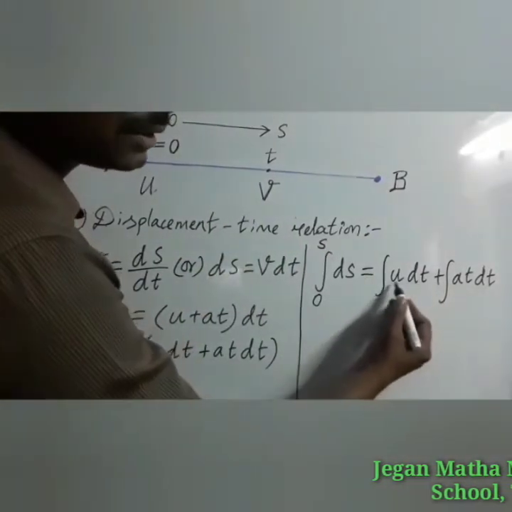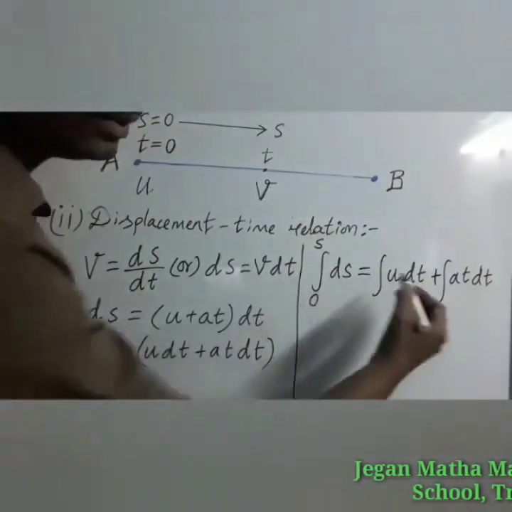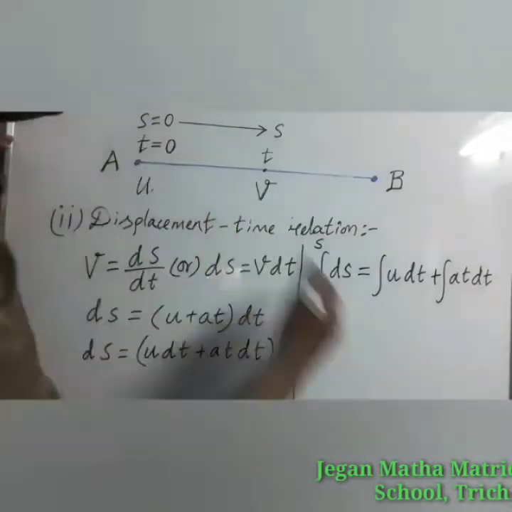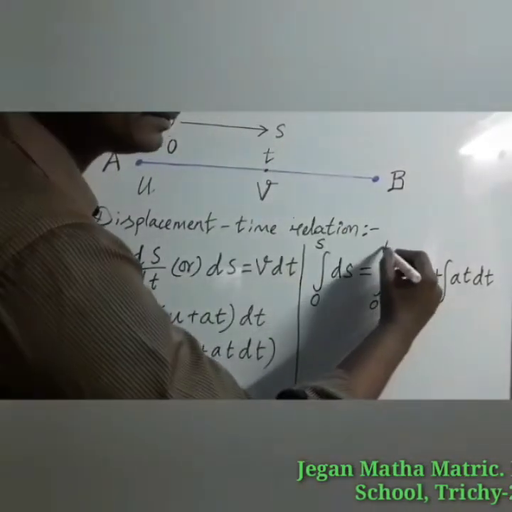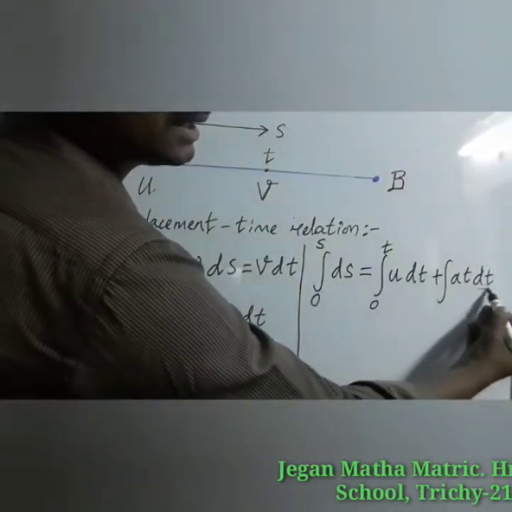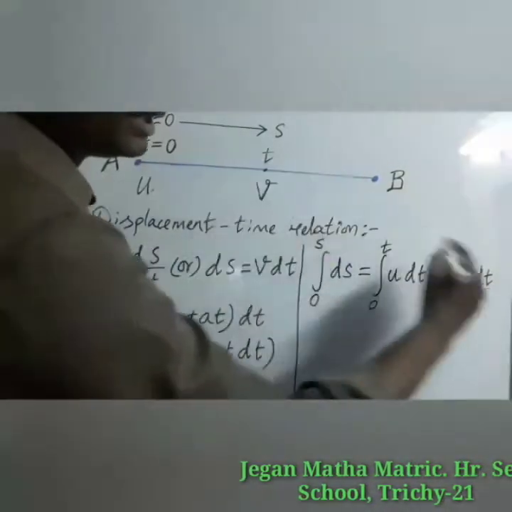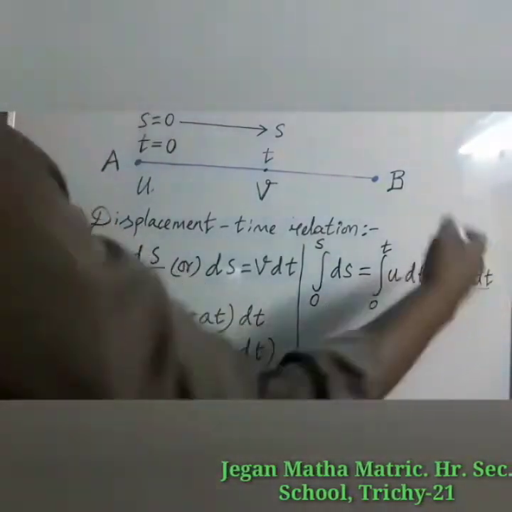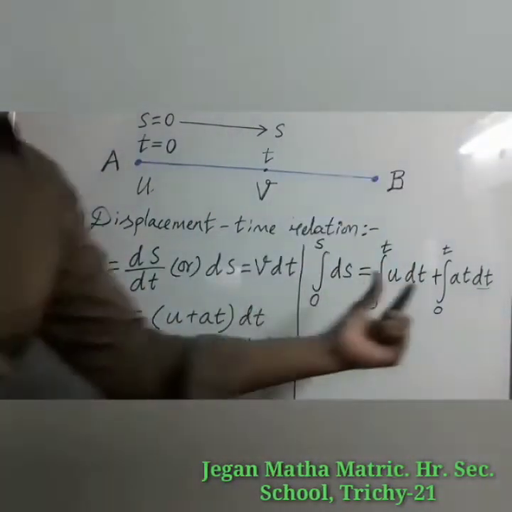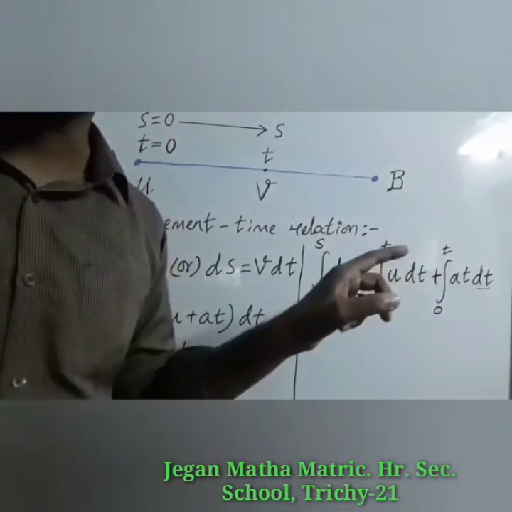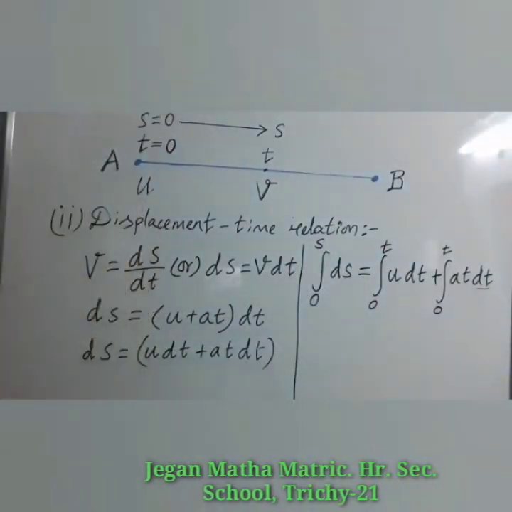Here you are going to use the initial velocity, that's a constant value, dt, time only you are going to integrate. So time starts from 0 to particular time t. Here also dt is there. So that is only going to be integrated. For time, what's the limit? 0 to t. Here constant values are there, means that can be taken outside. In this expression, u is the constant value. In this expression, a is the constant value. That can be taken outside.